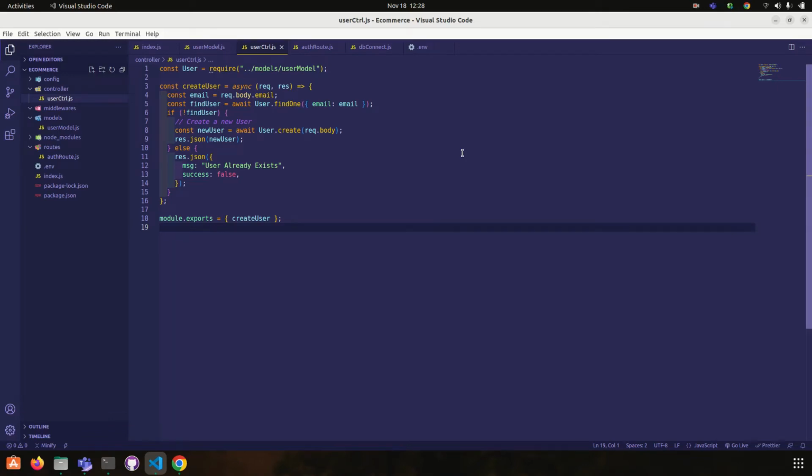Today we will cover error handling and after that we will do login functionality. So let's start with error handling. Today I will create one middleware error